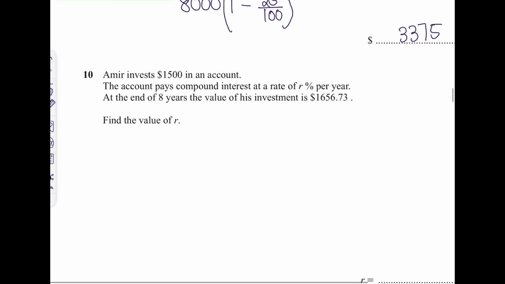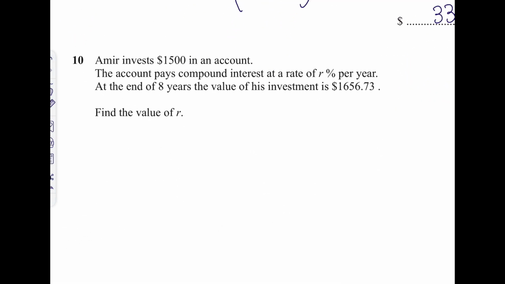It says Amir invests 1500 in an account. The account pays compound interest at the rate of R% per year. At the end of 8 years, the value of his investment is 1656.73. Calculate the value of R. So initially he invested 1500. He's getting 1 plus an unknown rate of R over 100, because R is a percentage, so R over 100, raised to 8 years has given me